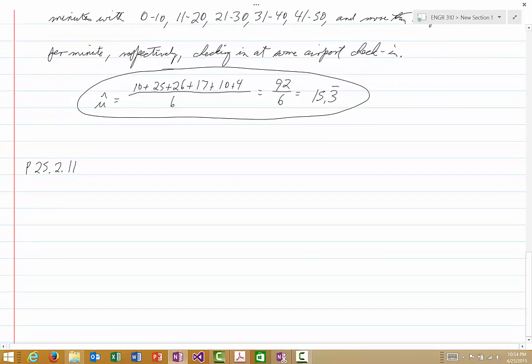In this case, it asks us to find the maximum likelihood estimate of theta in the density